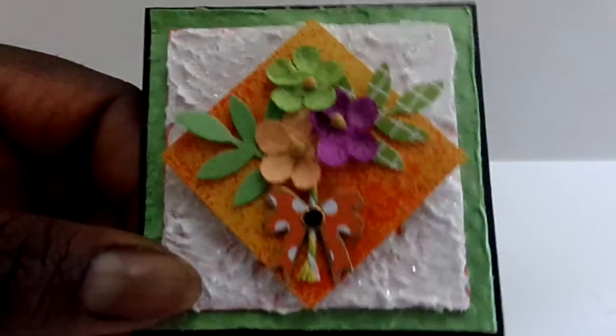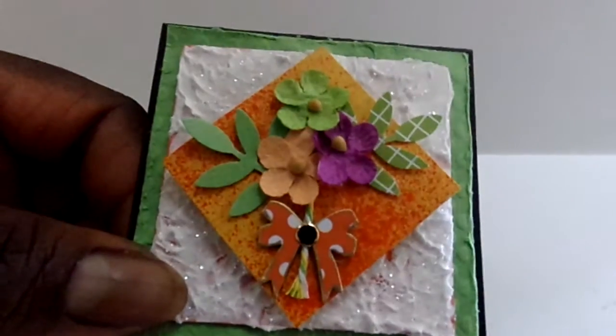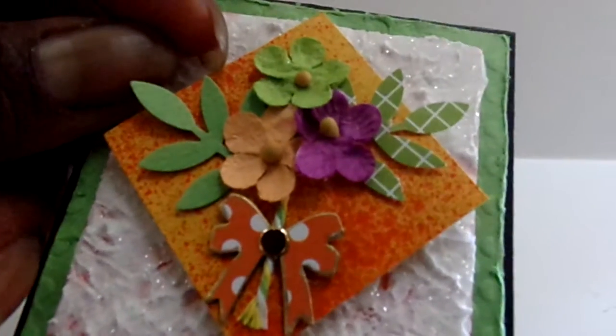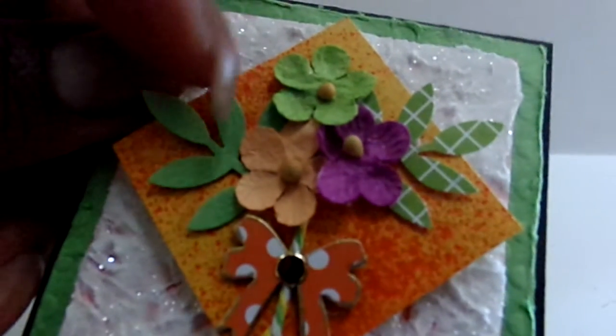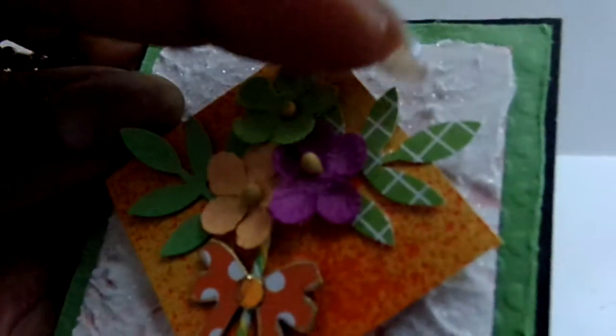Something else I usually don't do. Usually when I use my shimmer sprays, I use them just to color some flowers or ribbon or something. But I actually splattered it here so you could see the orange on this yellow cardstock. And then I used my Martha Stewart punch to cut out the leaf here and here, and I used two